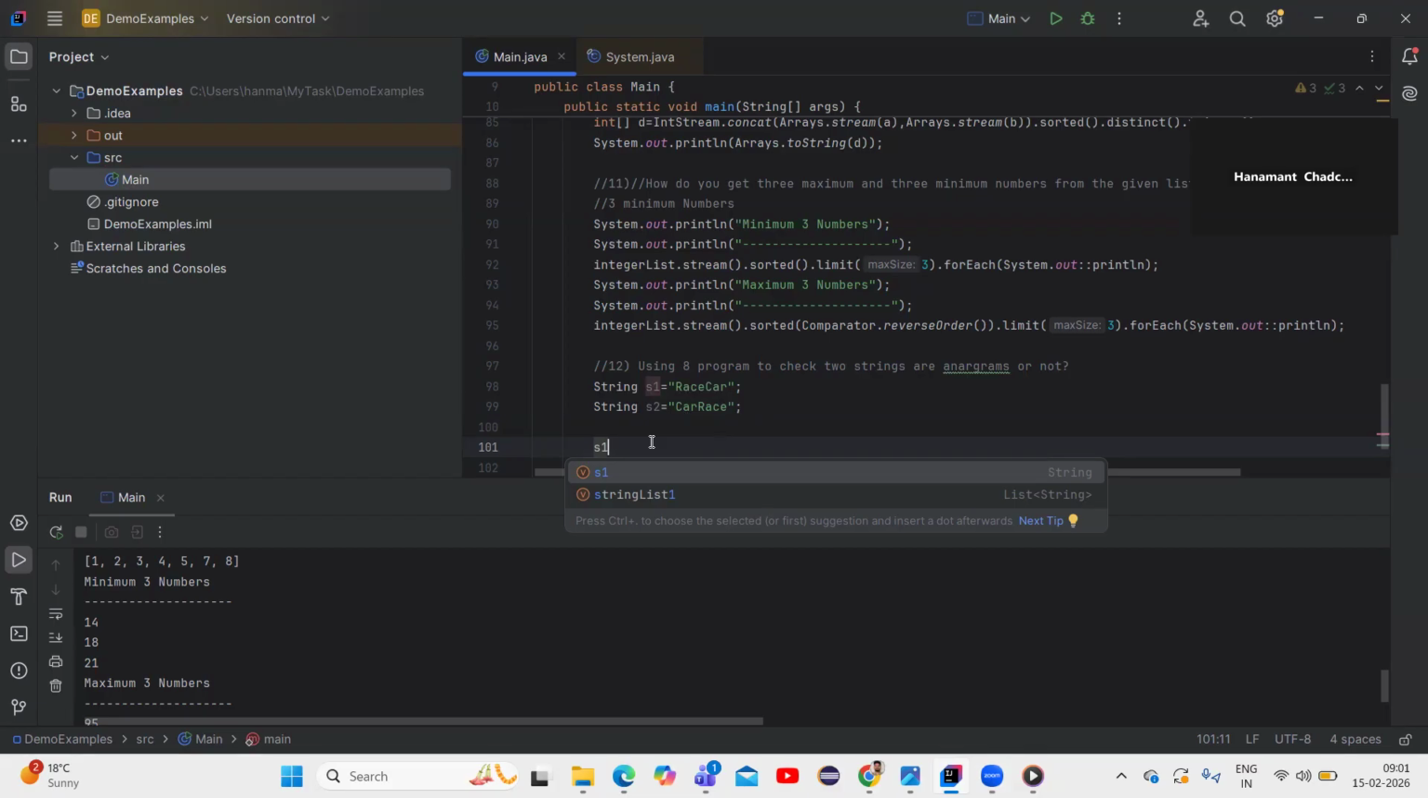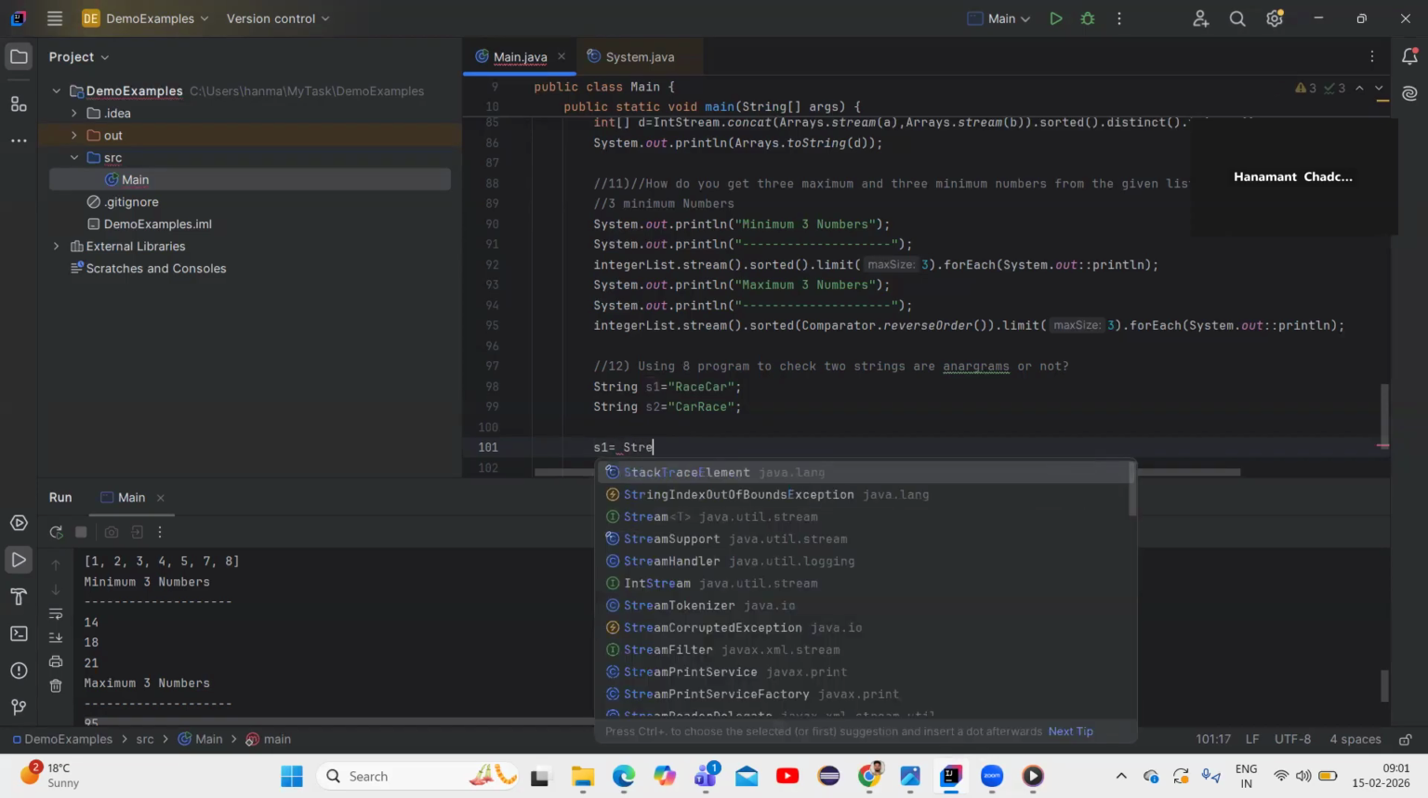If you want to use equals, then the content needs to be the same, right? So for that reason, you need to convert these strings to uppercase or lowercase if you want to get the answer, right? So for that, what we will do, you will first need to